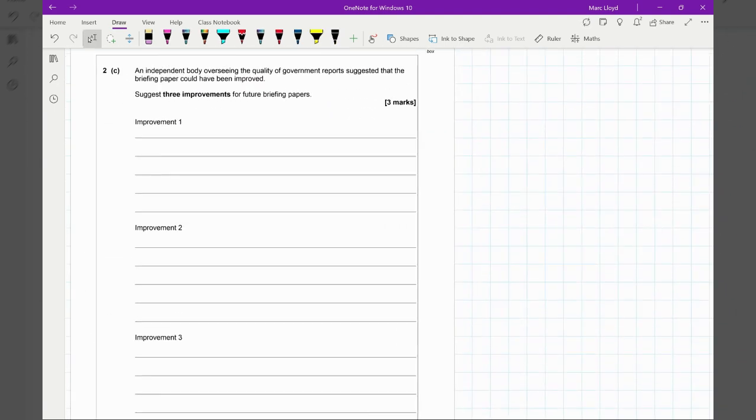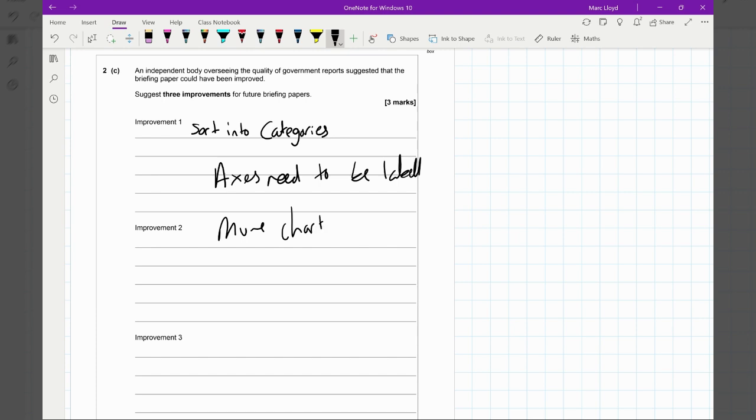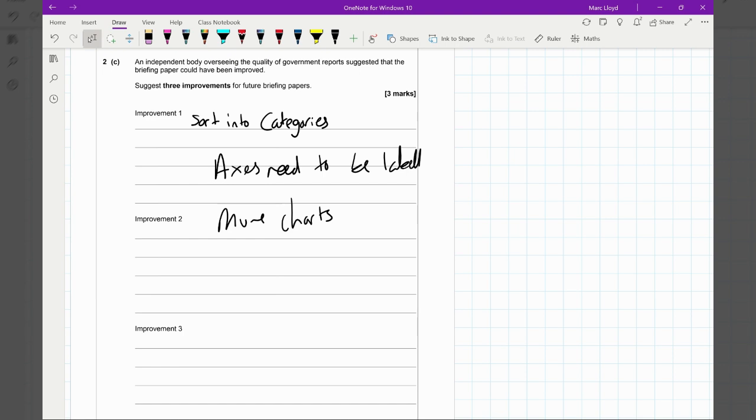Right. An independent body overseeing the quality of government reports suggests that the briefing paper could have been improved. Suggest 3 improvements. So one of the things that we could have is to sort it into categories. We've also, I'm just going to write over the top, axes need to be labeled. We could have more charts. We could ensure, I like this one, data is accurate,